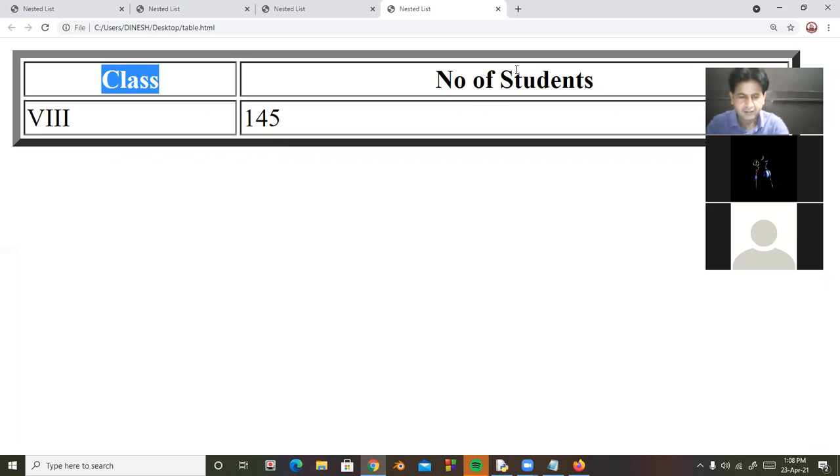Okay, beta. So our time is over. I'm now closing the meeting, and tomorrow I will continue with the table. So today we discussed the table tag, TR tag, TD tag, TH tag. TH stands for table head, TD stands for table data, TR table row. So now I am going to close the meeting, and tomorrow we will continue with the same topic.